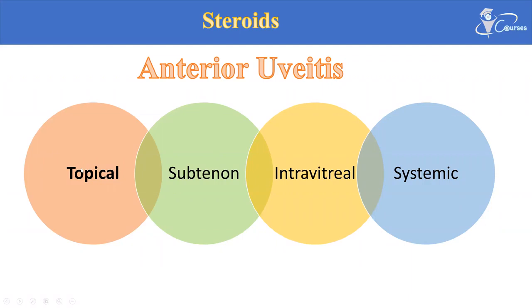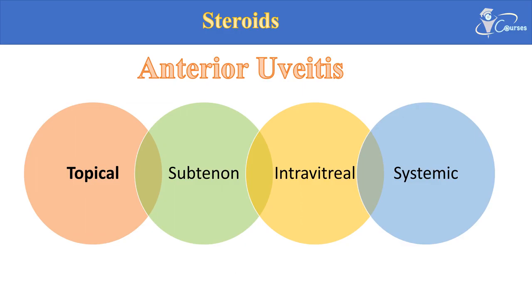In cases of anterior uveitis, the main treatment is by topical medication. Topical steroids will be the mainstay of anterior uveitis, as they reach good concentration in the anterior chamber and help to manage the case. However, we can consider other modalities. We can consider subtenon or intravitreal or systemic steroids